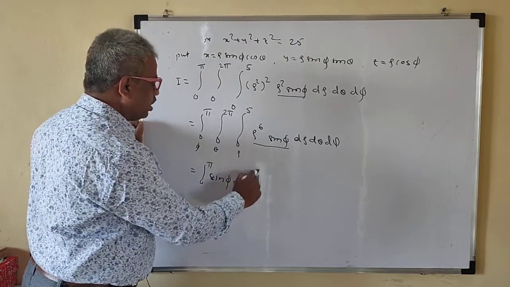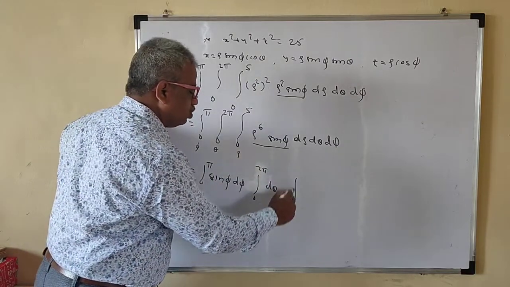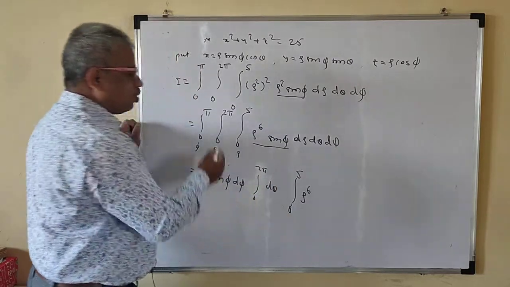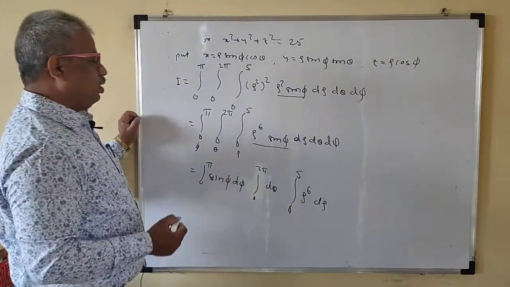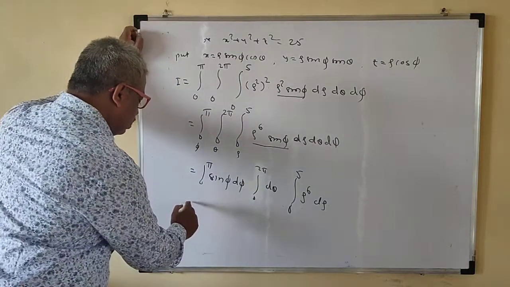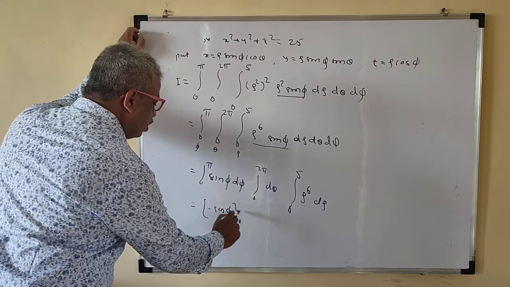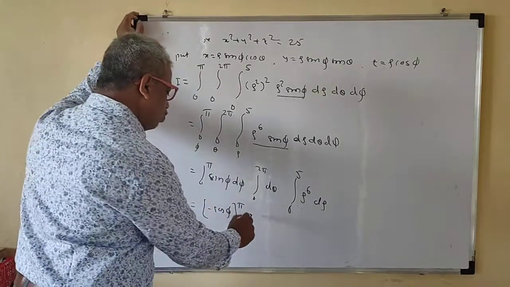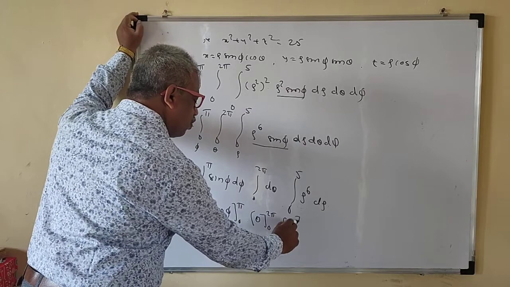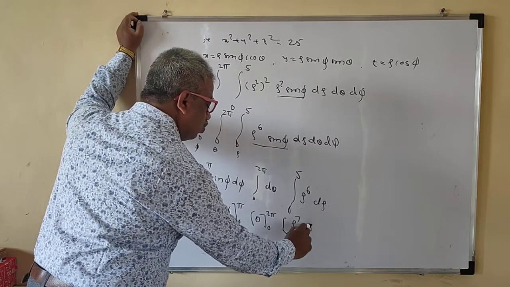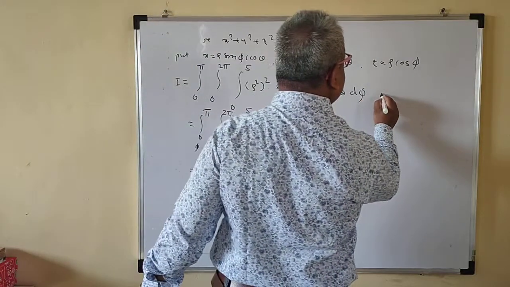So theta is just theta now here. This is d theta because there is no function of theta here. Okay. Now this is 0 to 5 rho to the power 6, because all the limits are constant. Therefore you can do this. So this is d rho. Okay. Now we'll integrate this. The integration of sin phi is minus cos phi, 0 to pi. This is theta 0 to 2 pi, and this is rho to the power 7 upon 7, 0 to 5.